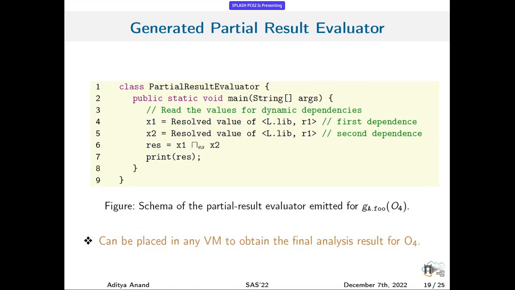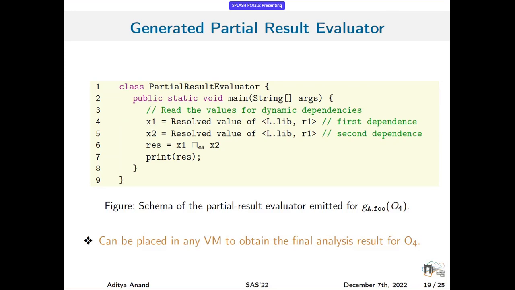So till now, what I explained, the set of conditional values and the evaluator which was generated, was for a particular program element. We all know that we have several program elements present in a particular program. We don't want to regenerate the evaluators again and again for a particular program element. Instead of that, what we can do is efficiently generate the conditional value evaluators or the specialized conditional value evaluators